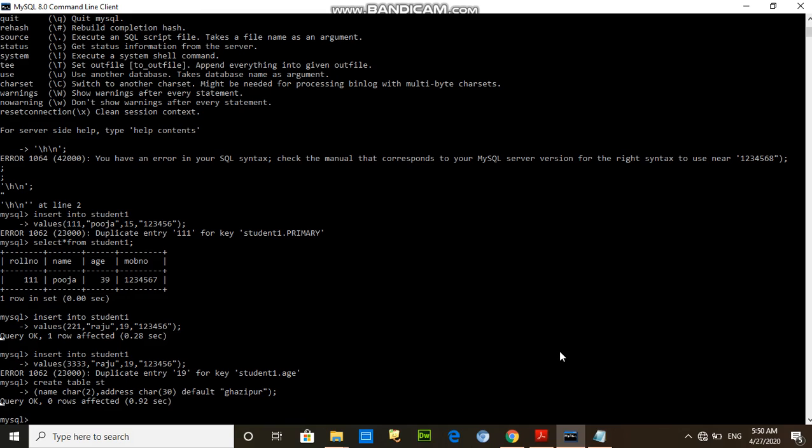So I have applied the default constraint, and suppose that I am going to enter the value.